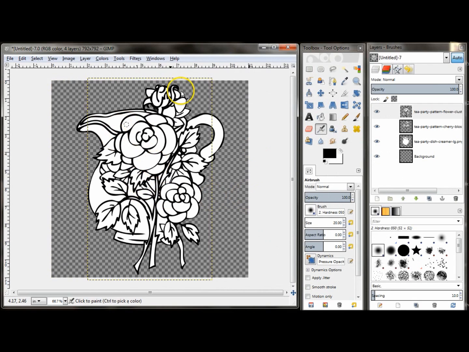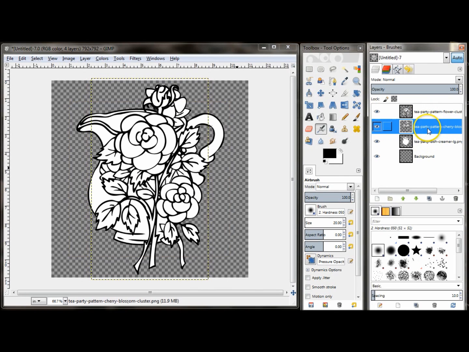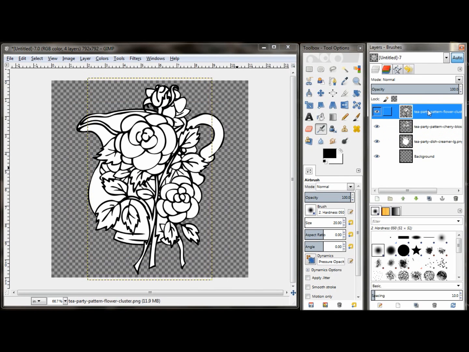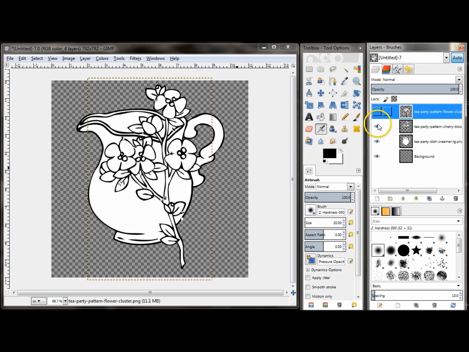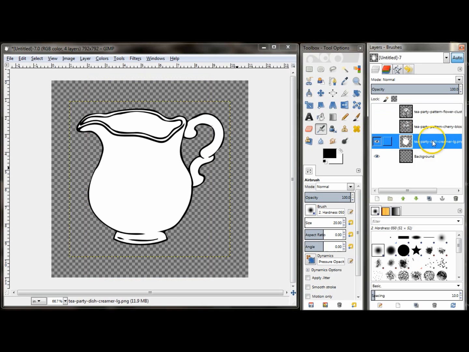And you can see all of these layers were created. So I have the picture and the cherry blossoms and the rose. So I'm just going to hide the rose and the cherry blossom, and I will focus on the picture first. So the first thing I want to do is to